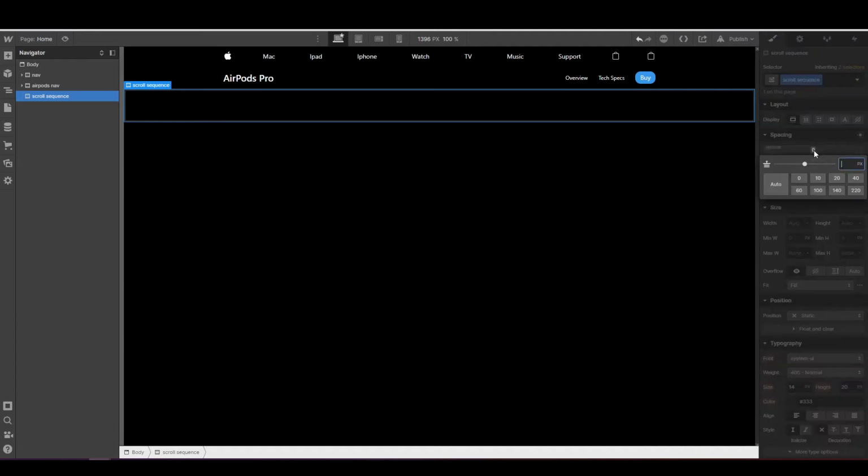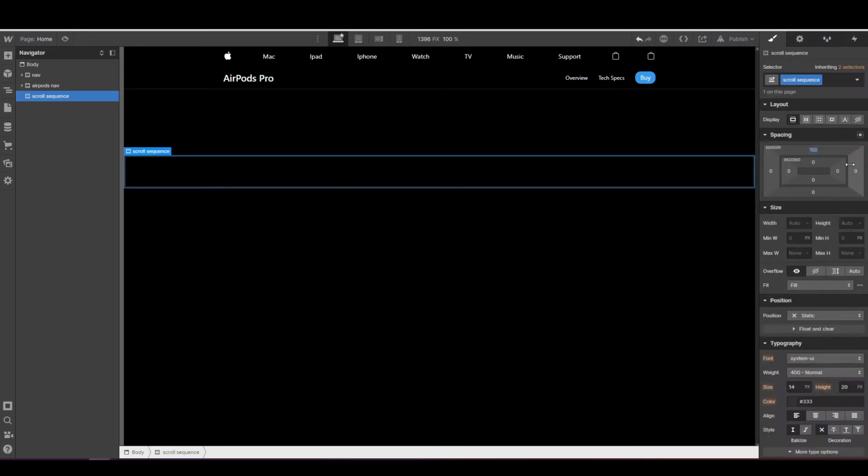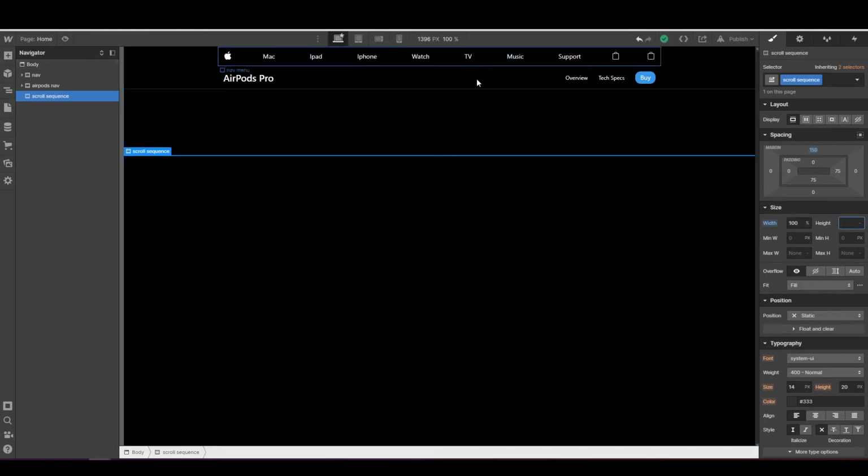And we give it a margin top of 150 pixels, a width of 100%, and a height. So now we give a height, because this is the one that is going to keep scrolling and scrolling. And depending on that scroll, we animate. And this should have the entire height of the website. And I'll come and explain to you again. So for now, we give it, for example, just